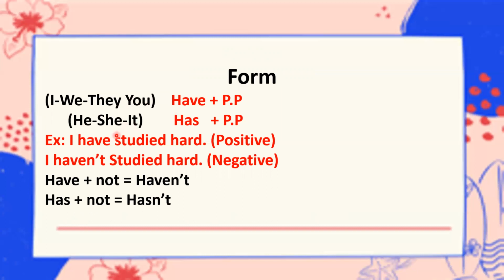Okay. So here, if I say, I have studied hard. Here I choose the pronoun I. After I comes have, yeah, have plus past participle, study, studied. It's a regular verb, by adding only ed, and the complements of our sentence. So here it is the positive. If I want to make such a sentence in negative form, I have to add not. For example, here, I haven't studied hard.